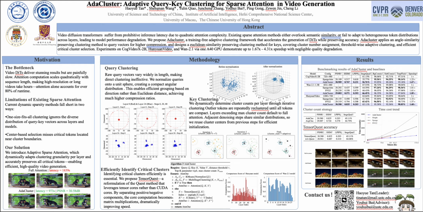Second, nearly no quality drop. We use PSNR, SSIM, LPIPS, and other common evaluation metrics for testing. The results prove our method only causes negligible quality degradation. Third, great scalability. With the increase of the token number, the running time of AdaCluster grows much slower than the other sparse attention methods.